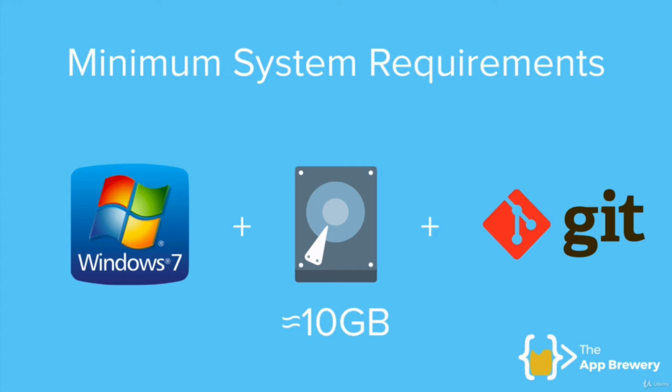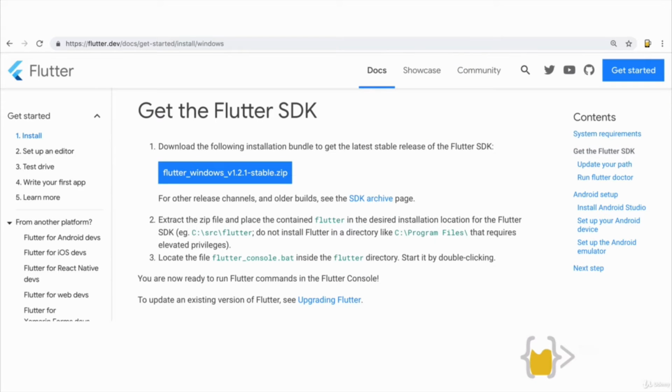Finally, you'll also need to have a program called Git installed. Now, don't worry if you don't, or you don't know if you do. We're going to check it together and we're going to do the installation together. So first things first, you're going to need the Flutter SDK, and you can get this as well as all the step-by-step installation instructions from